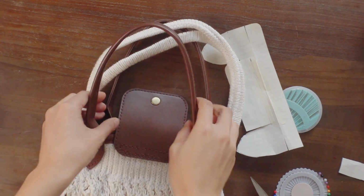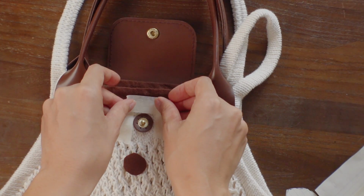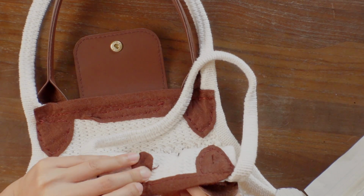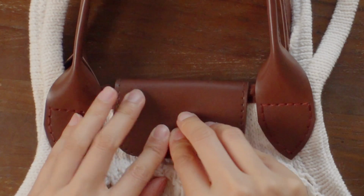Back, strap, and the flap have been attached. Now the finishing touch is the button. I'm taping it onto the bag so I get the placement exactly right, and then I'm just sewing it onto the bag. And then I'll trim off that excess felt. So this is our bag, and let's just...